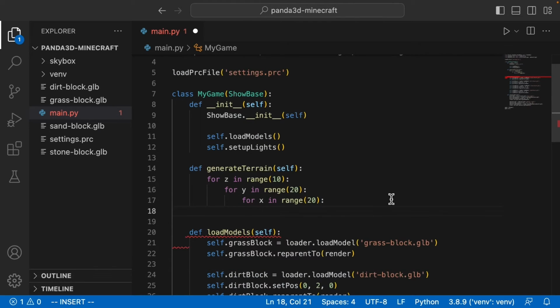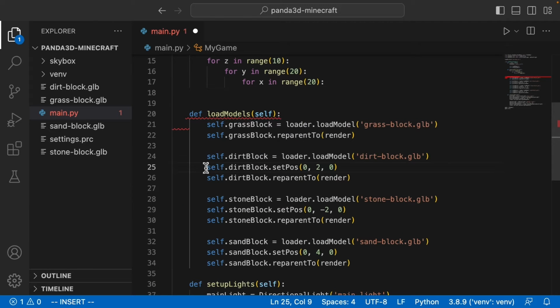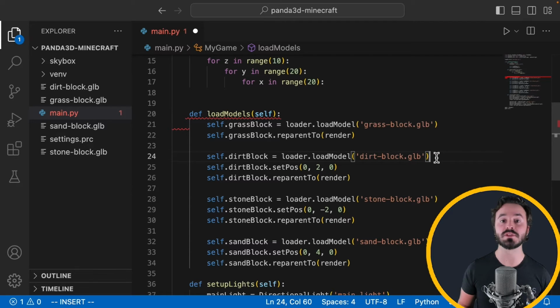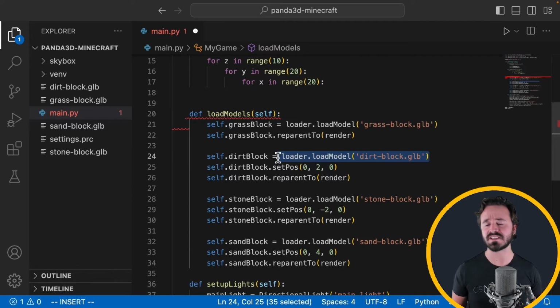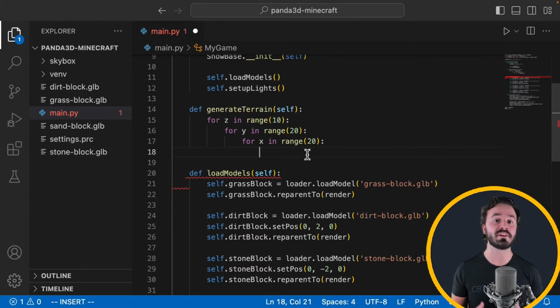So all that we're gonna need to do inside of here is similar to how we were able to just add each of our blocks to our scene by saying reparentTo render. What we're gonna need to do instead is something called instancing, because essentially we don't wanna have to load a new model file, which is a pretty expensive operation, each time we want to display that model. So in order to take each of these models that we've loaded and display it without reloading the file, what we're gonna need to do is create a new empty node in our scene and then instance the corresponding block